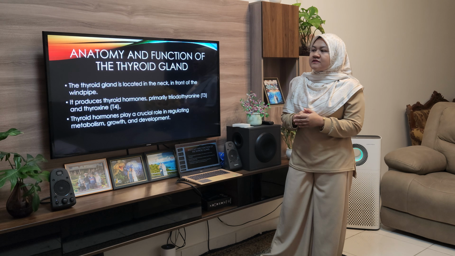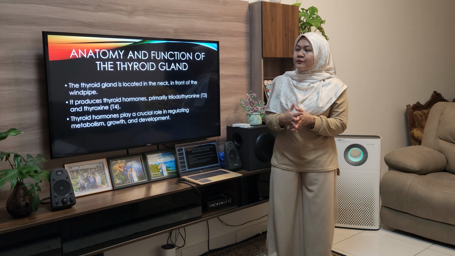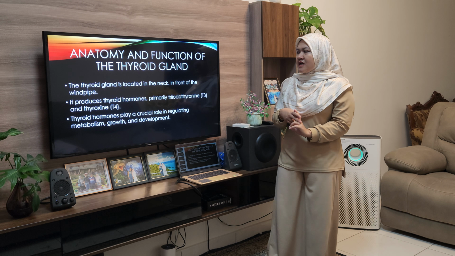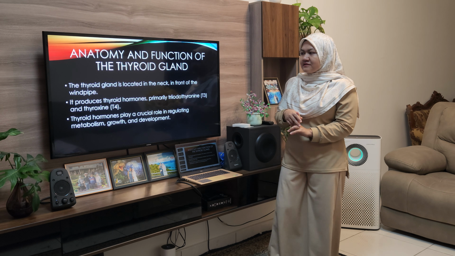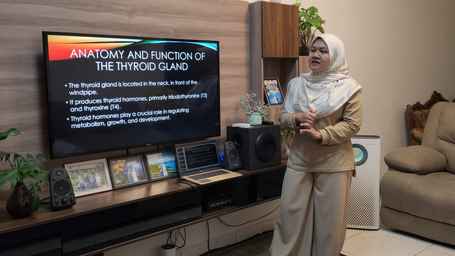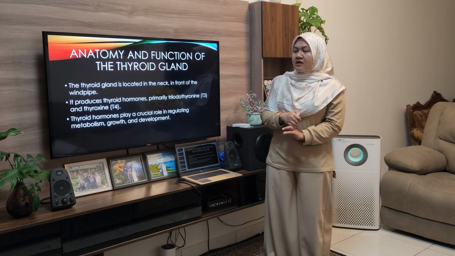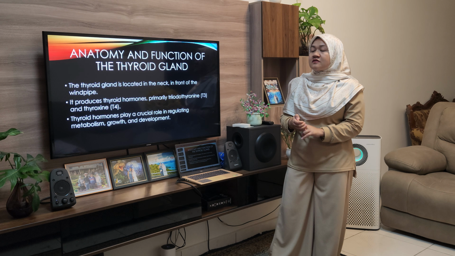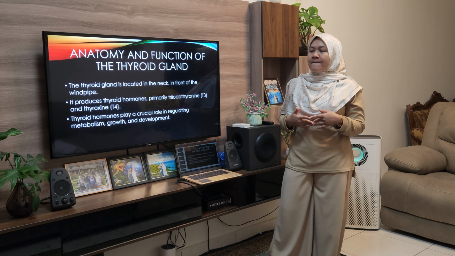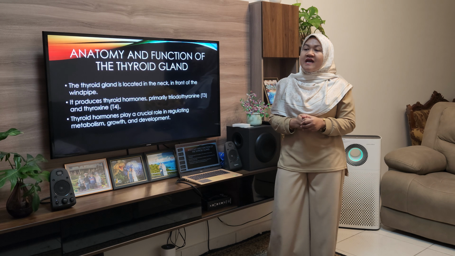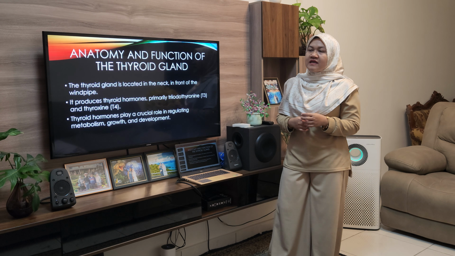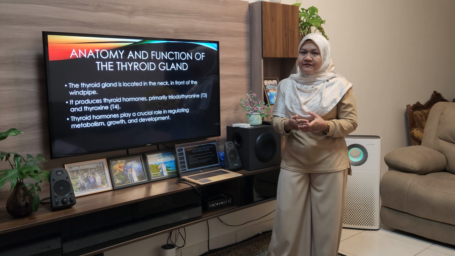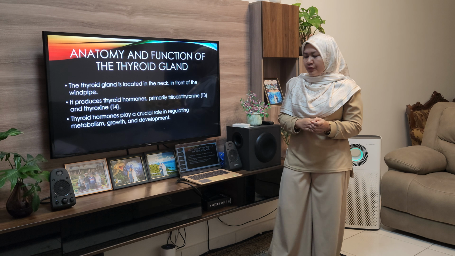There are two types of thyroid hormone: triiodothyronine, T3, and thyroxine, T4. Thyroid hormone plays a crucial role in regulating metabolism, growth and development. That is why it affects our body when there is excessive release of thyroid hormone into the body